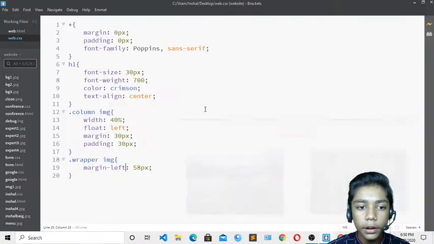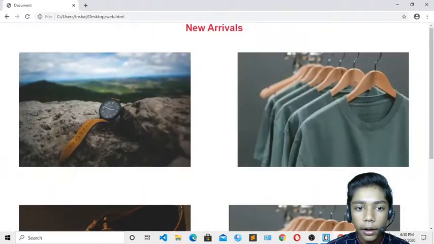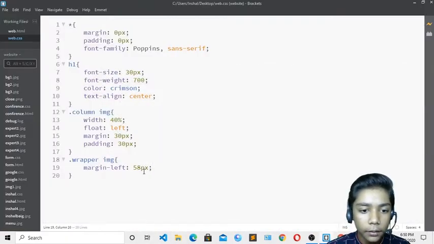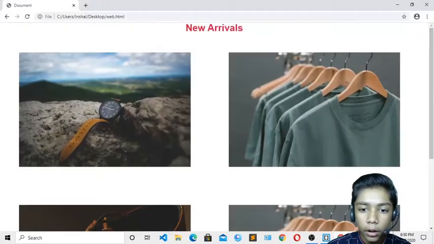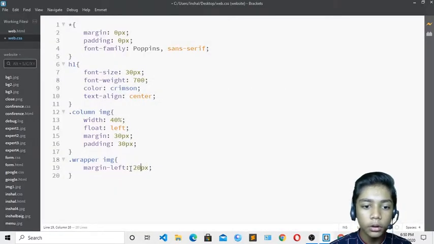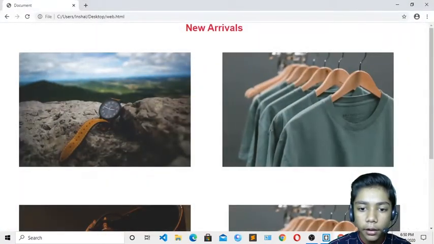Okay, so I have to do one thing over here. It is going over here, and now if I take it to 58 pixel, okay, I have taken it too far, so I will do it to 30. If I save from here, now you can see it is just going. So if I do 10, save that, and here you can see now